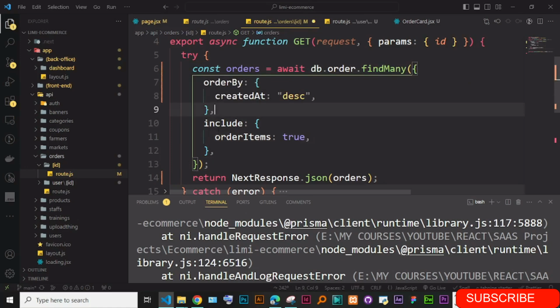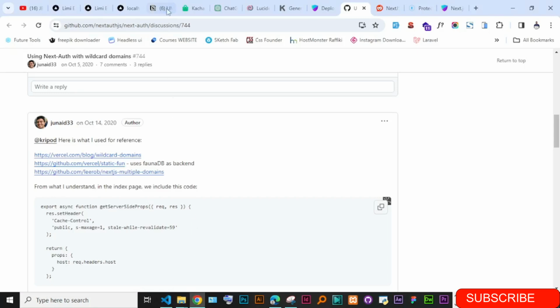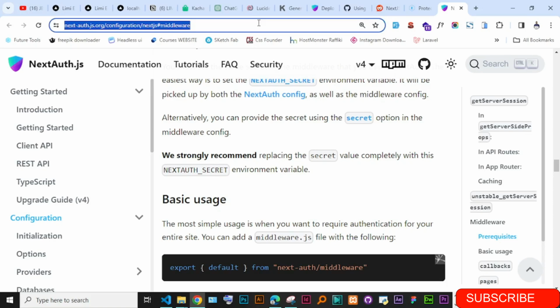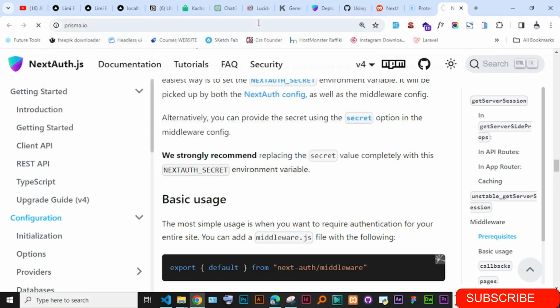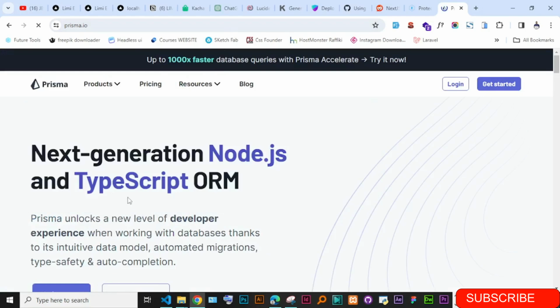I don't know if now we can go ahead and find, we pass where. Okay, let's quickly go to Prisma and we look at the properties the find many can take. Can it take where? If you click on get started,